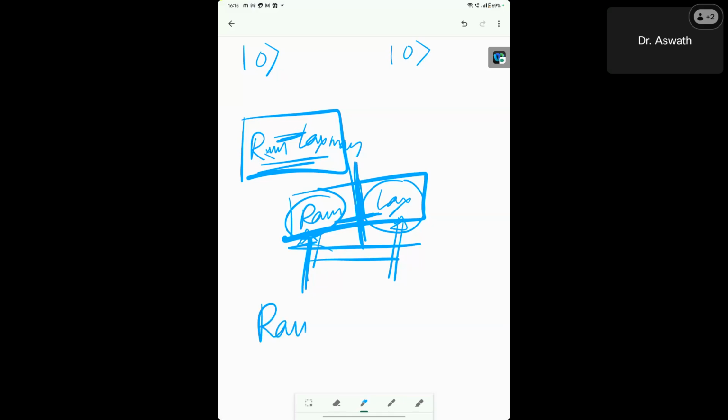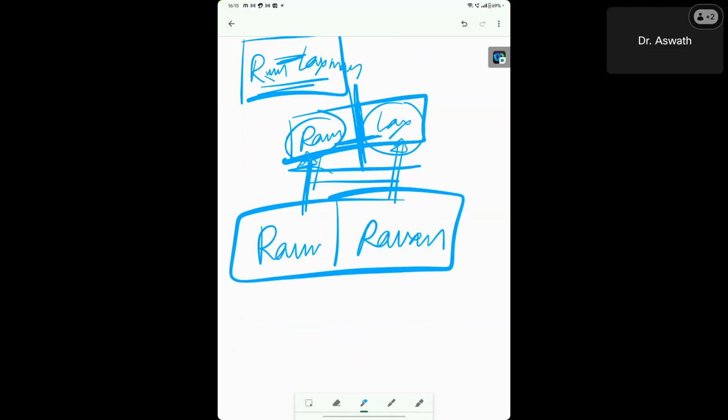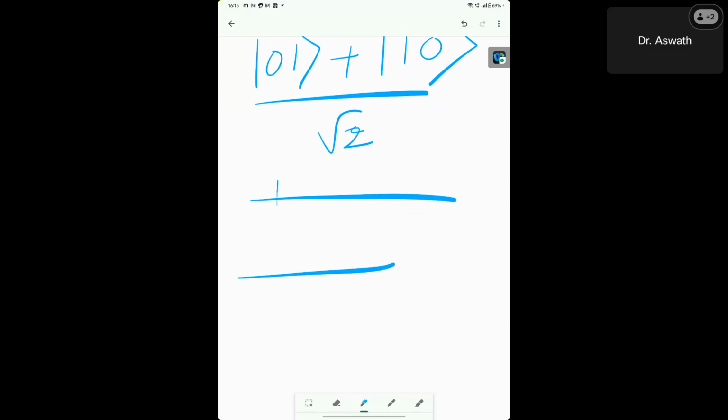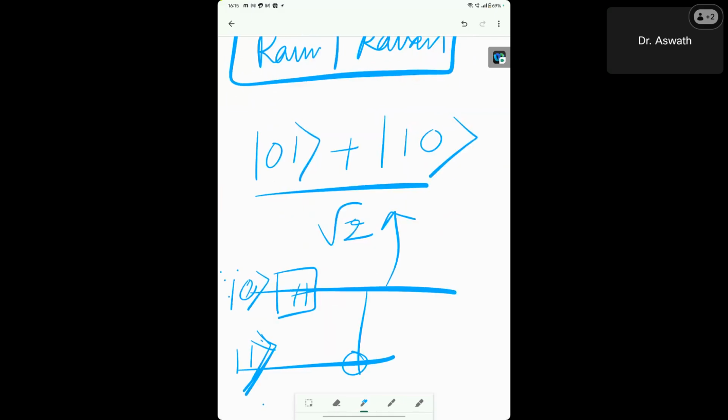Let's say there is a Ram and Ravan. This is another kind of quantum state creation. What is that quantum state? Let's say 01 plus 10, this entangled state. How should I create this entangled state? Take the same Hadamard gate and CNOT gate operation. Instead of starting with 00, you start with 0 and 1. If you start with 0 and 1, you will get this state. You can cross-check.